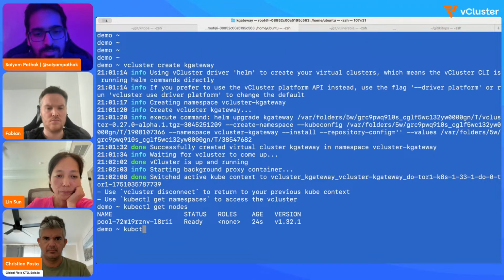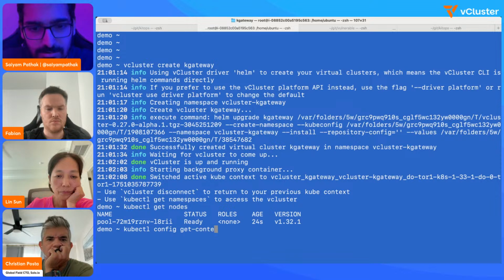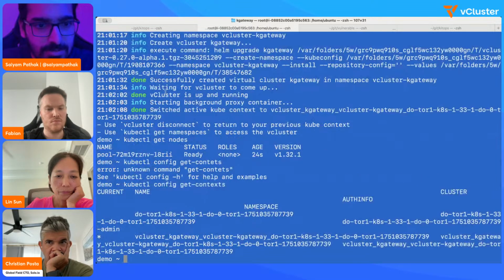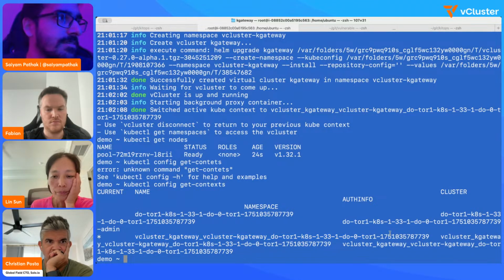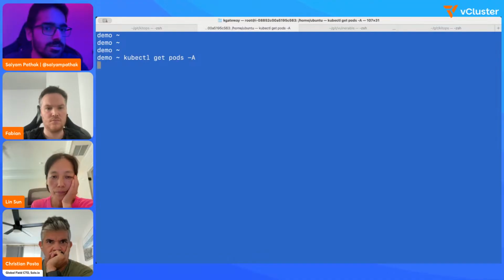If I do kubectl config get-contexts, you can see the vcluster-kgateway context was added, and it automatically switched to that. So now I am inside the virtual Kubernetes cluster.